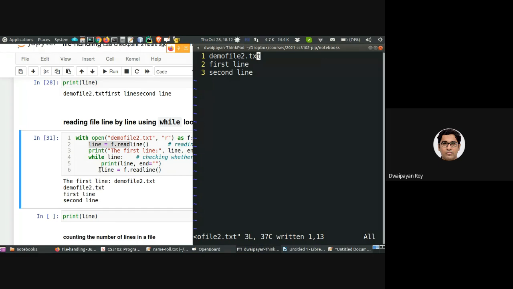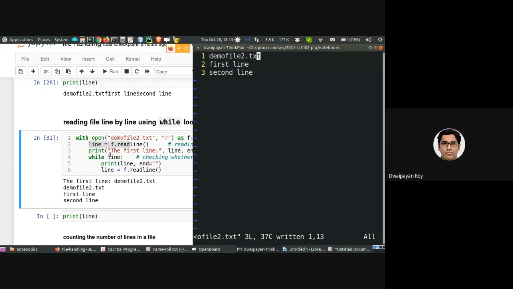Then the line is initialized with the next line, which is first line. While first line, because line is containing this first line, right? Then that first line is being printed. Then again line equals to f.readline is executed, and this line is initialized with second line.